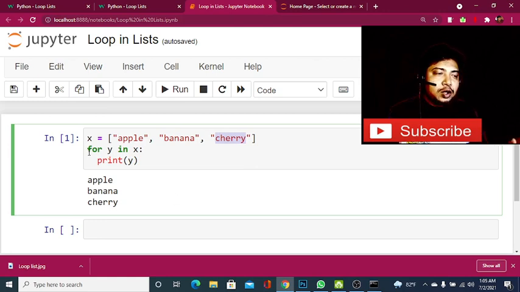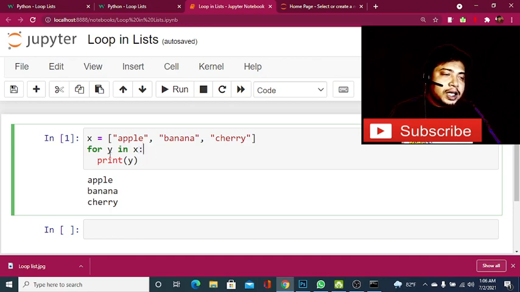When a loop runs, and here we are actually running a for loop, this is the syntax of the for loop: for y in x. Here y is a new variable, all the elements from x will be looped through y, and each will be kept within y. And we must use a colon for any for loop or while loop or anything like this. So we will definitely use this colon sign.